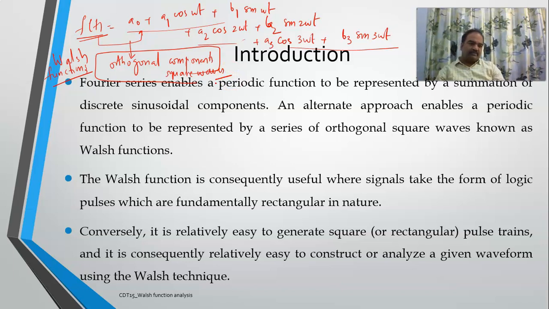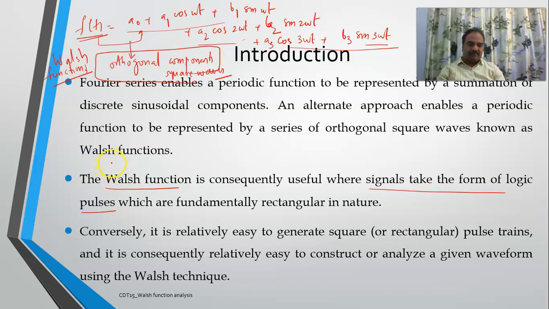So most of the times, the signals do take pulse type of representations also. When the signals take the form of logic pulses, which are basically fundamentally rectangular in nature, then Walsh functions can be employed. Now, on the other hand, rather than generating the sinusoidal pulses, it is easier for us to generate a square type of train, square pulses, because